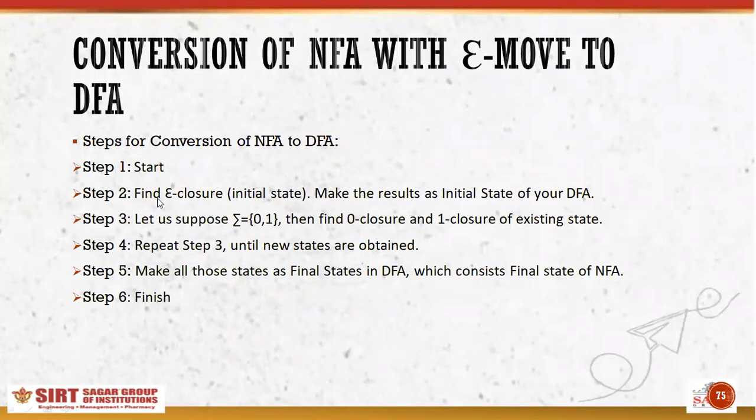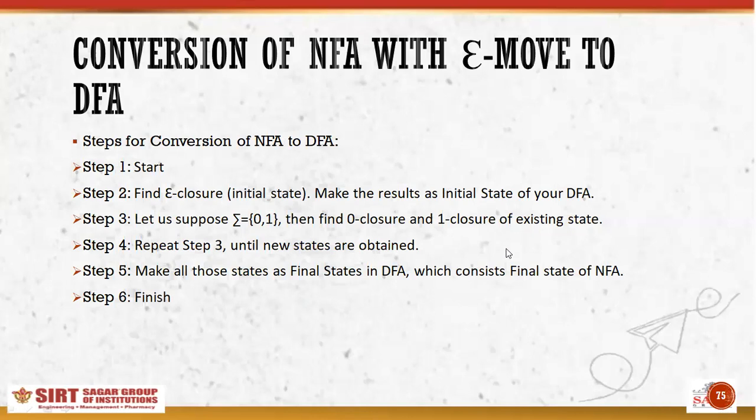If you can see, after starting, the first step is to find the epsilon closure of the initial state and make the result the initial state of your DFA. Let us suppose sigma equals 0, 1, meaning the input is 0 and 1. It can be different in your case, but here, if you consider 0 and 1, you have to find the 0 closure and 1 closure